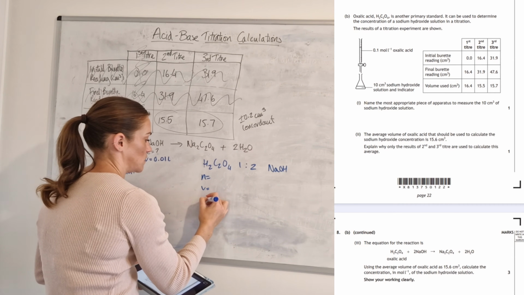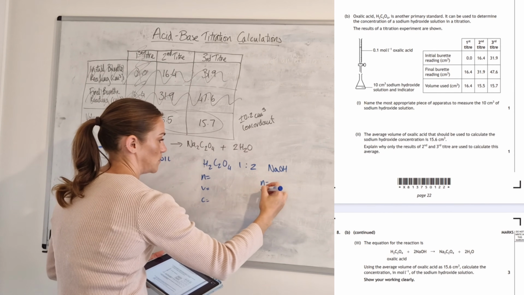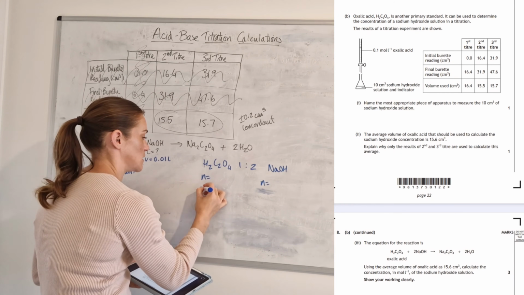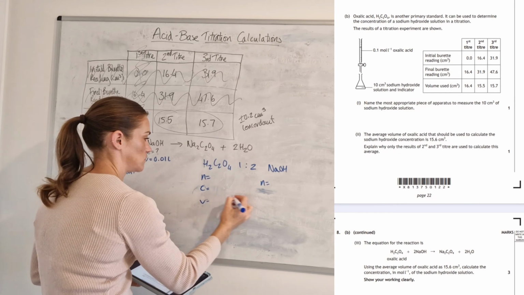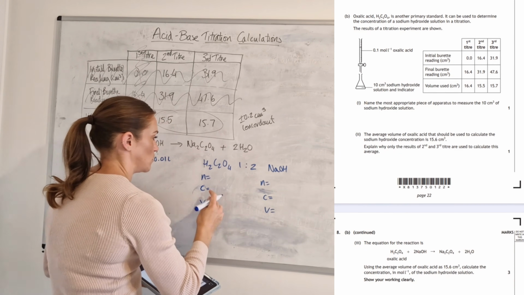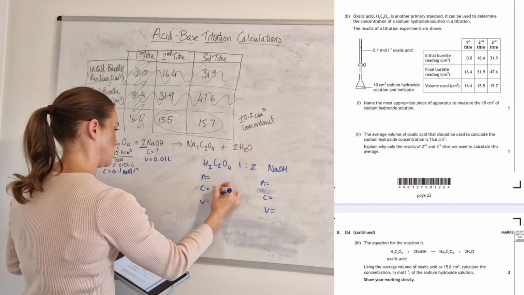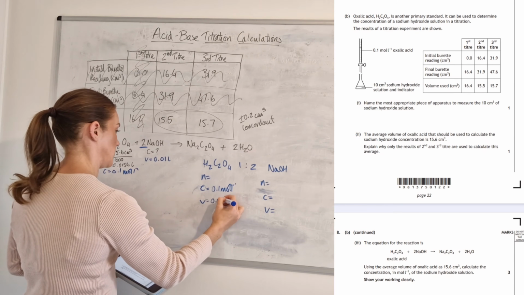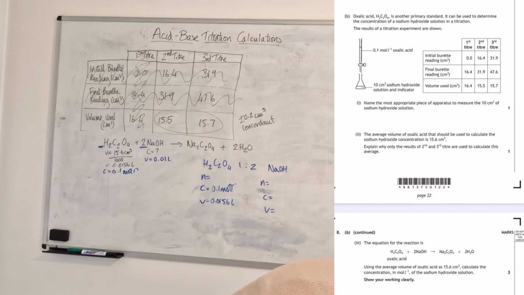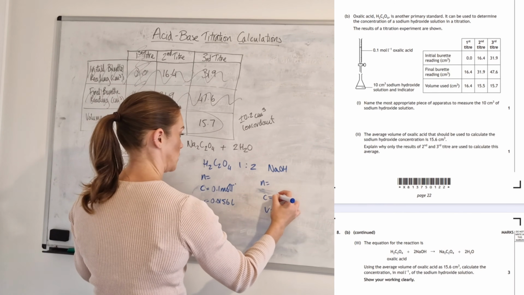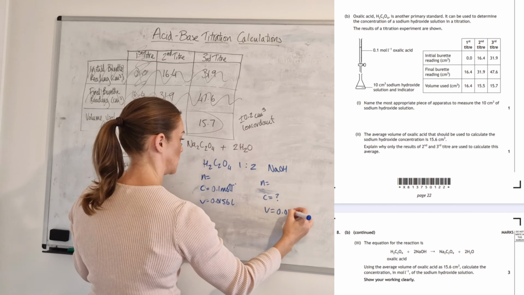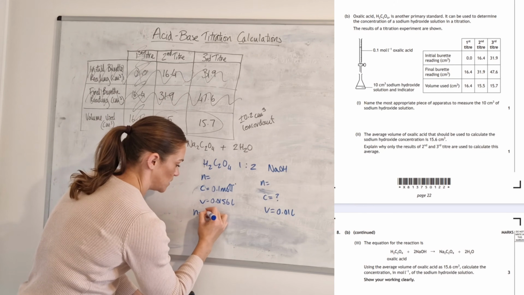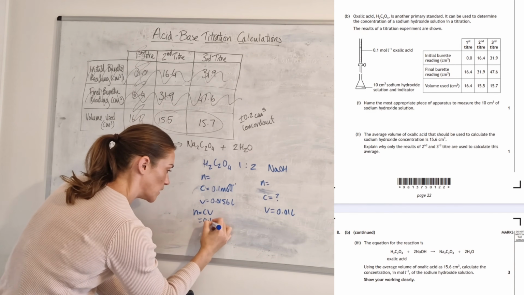N equals, V equals, C equals. I've written them in a different order this time, but it doesn't really matter. I'll change it back just to keep consistency. So the concentration of this was 0.1 moles per litre. The volume, 0.0156 litres. Again, keep writing down your units so that it makes you doubly sure that you've actually converted. So we can see this time we're starting on this side. So N is equal to CV. So 0.1 times